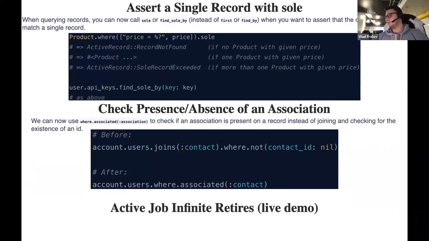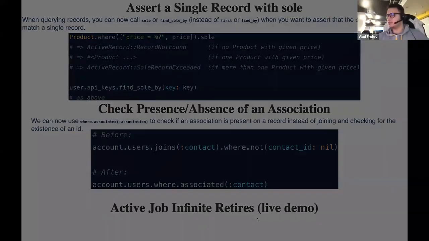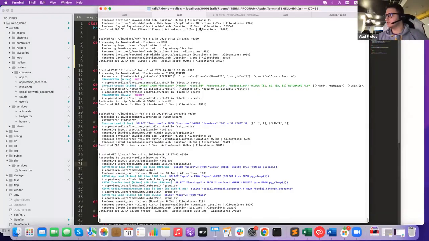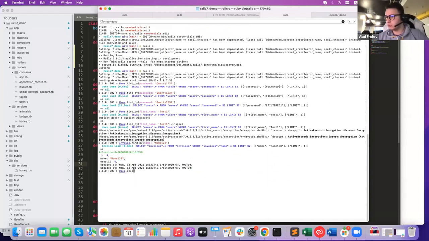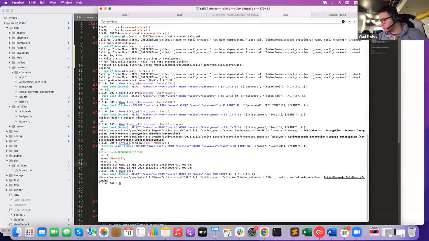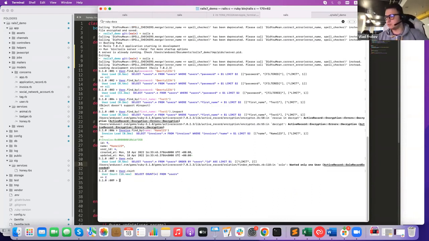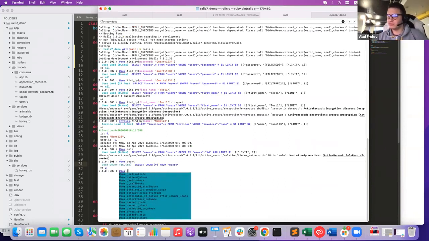Assert a single record with sole. Now we can just query a single record, for example. Let's try it with our user. For example, user sole will return an error because we have multiple users. We have 2 users. If I just remove the last user,